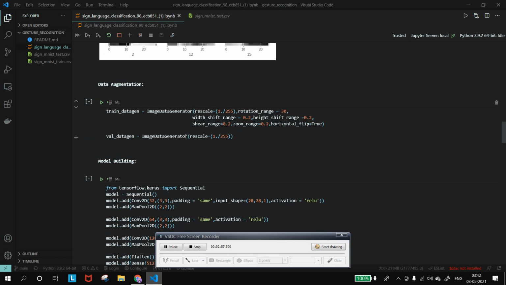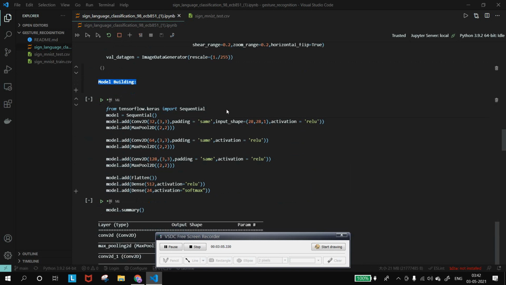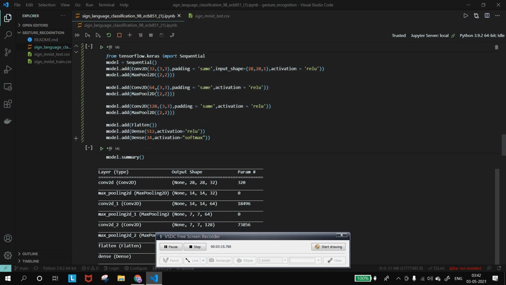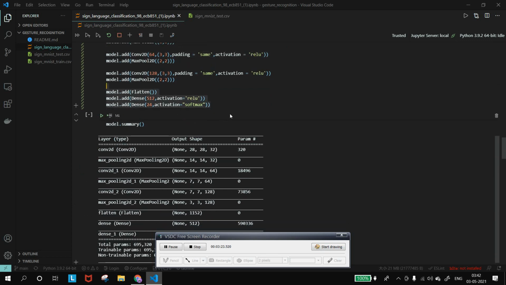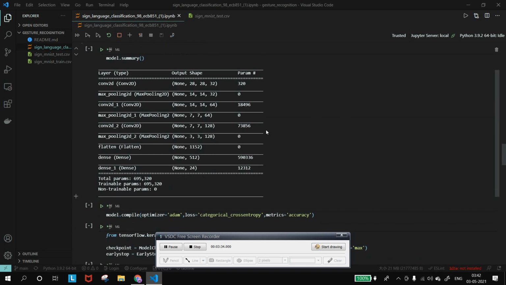Then I have used data augmentation, which is actually used to regularize our model so that we can reduce overfitting and further errors. Then we have built the model. So here is our neural network, which is built over there. You can see that we have a convolutional layer and max pool 2D layer thrice, and then we have used the dense layer, which has 24 units, which is basically the number of labels given in our data set, right?